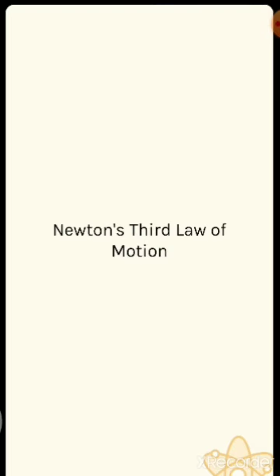In the previous class we learned and discussed the consequence of relations: force is equal to mass into acceleration, and some examples related to Newton's second law of motion in our day to day life. I hope all of you have understood that properly. Today we are going to learn about Newton's third law of motion through some examples. So without delaying, let's get started.